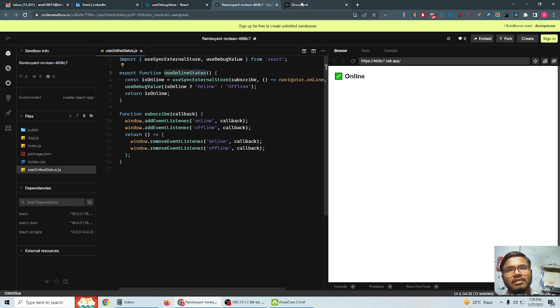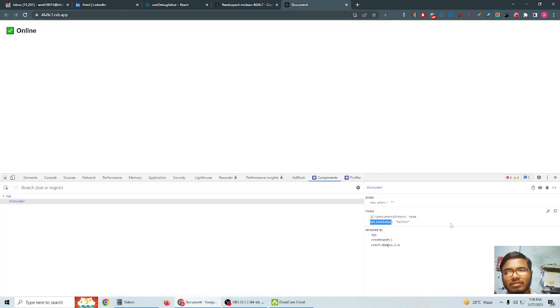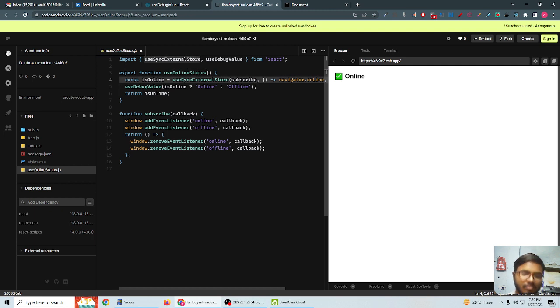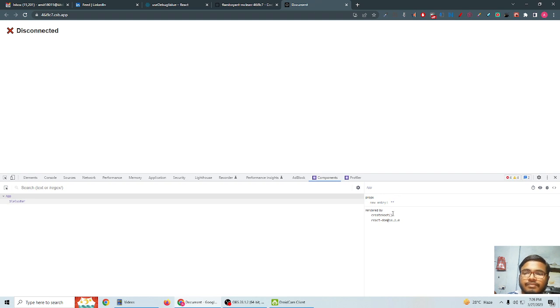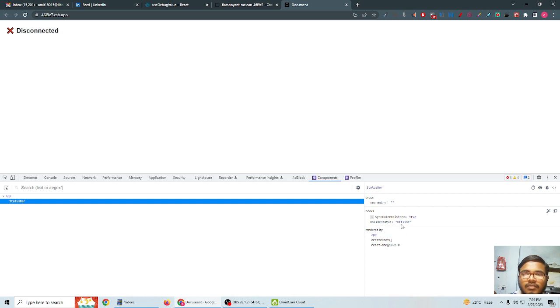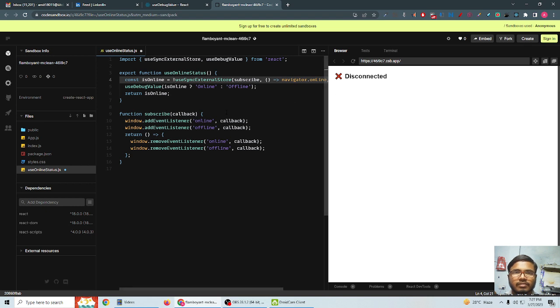So that's why within the inspector you are able to see this online status having a value of online. If I put an exclamation mark in front of it, it would show you offline. Clicking on it, what is the value? This is the offline value over here. Okay, I think you might have got the idea of this hook. Let's just proceed to the